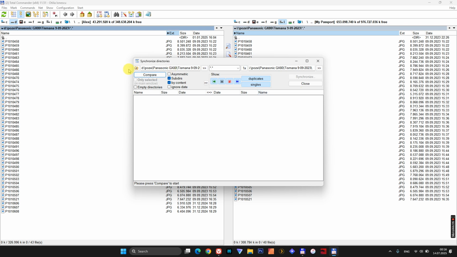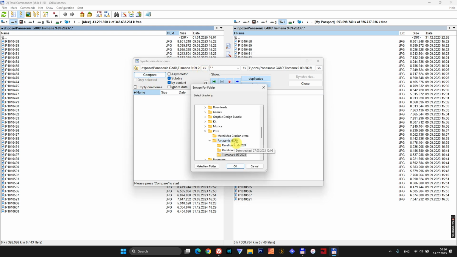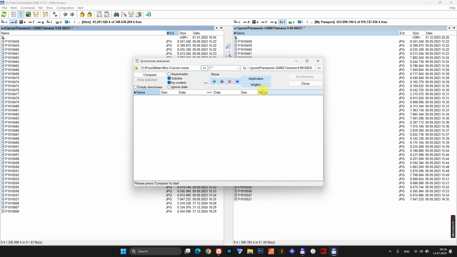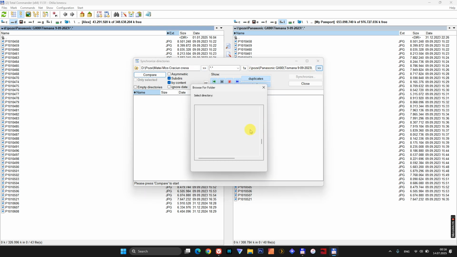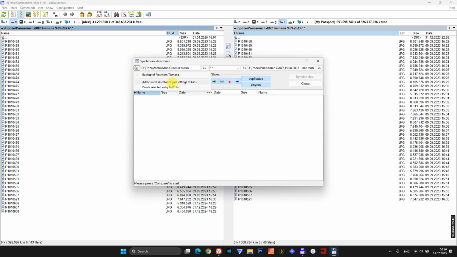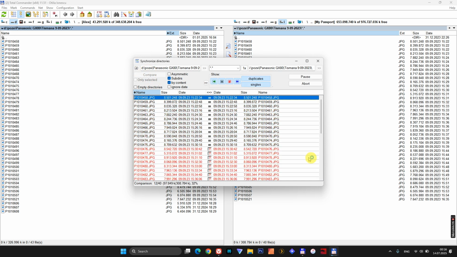comparison and do a backup on the hard drive. I'm just going to select the save from before, the backup save from before. As you can see, it works even if I have different folders selected. You just select it and it just knows